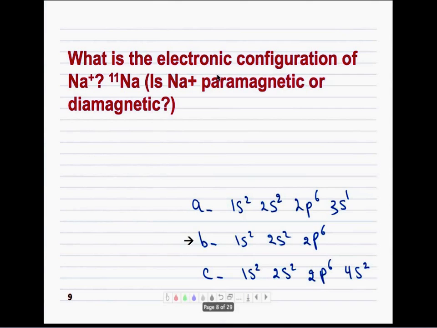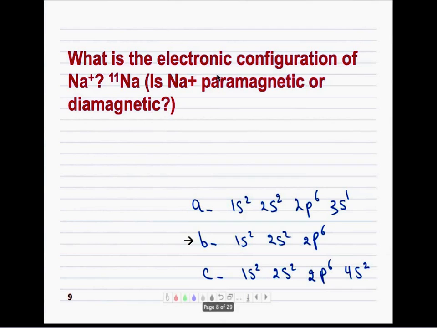I'm going to stop it right here and check what you think. So I have 65% for B and 32% for A. And B is the right answer. The way that we handle the electronic configuration of an ion, whether it is a cation or anion, is first we